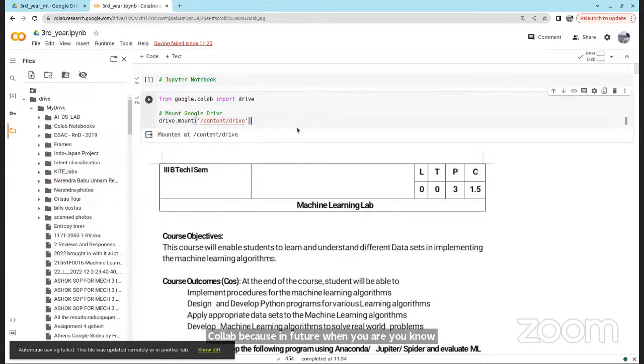when you are learning deep learning or machine learning, you will be mostly working with neural networks. Right now maybe we will use small neural networks, but if you go deeper, you will have to use very big neural networks. To run those neural networks, you can't simply use your CPU.